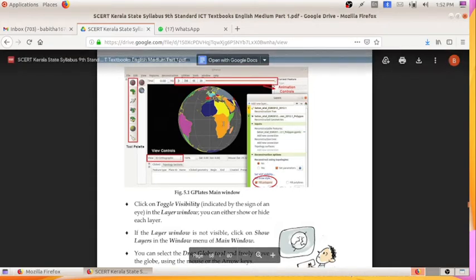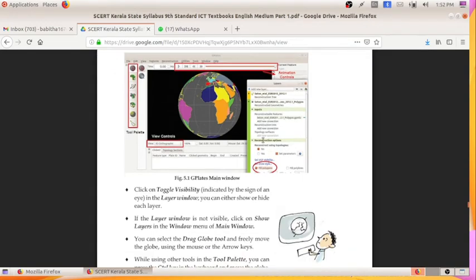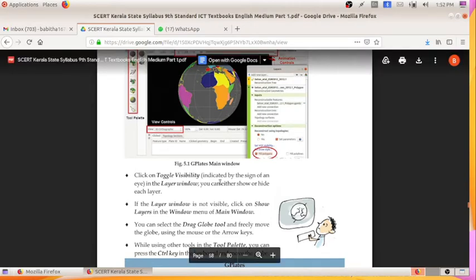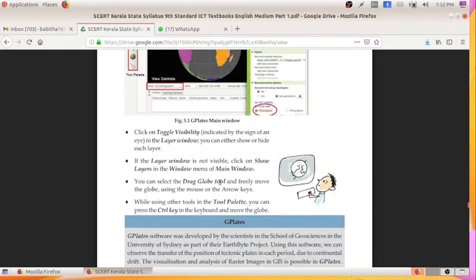We have to select all the layers, so you can see the layers like this, which are available in our Gplates software. We can hide and view layers by using toggle visibility, and also we can drag the globe by using the drag globe tool.